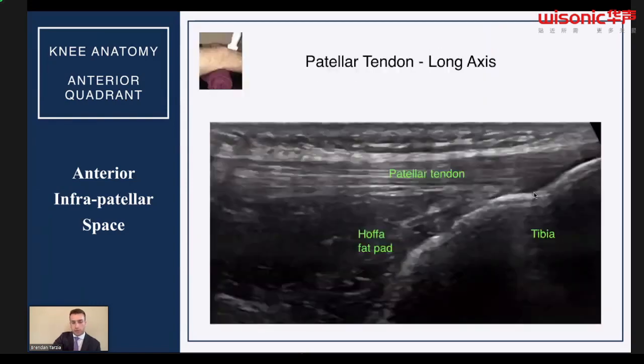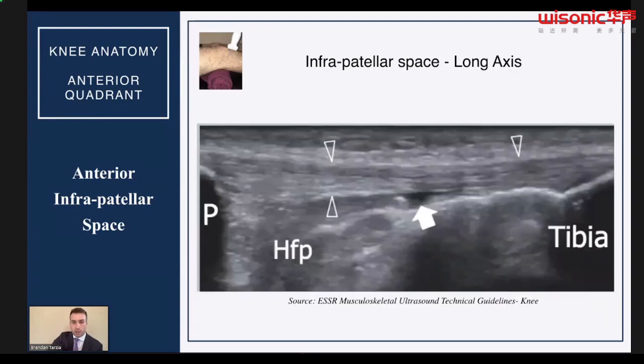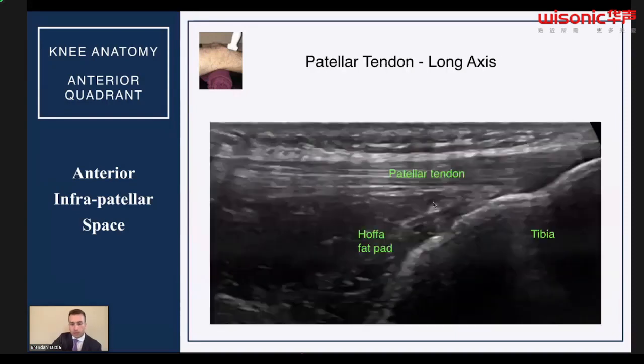So if we look at what it looks like under ultrasound in that view, this is exactly what we're seeing. We're seeing the patellar tendon and its attachment at the tibia. And you can see that Hoffa fat pad or infrapatellar fat pad that's going to be just distal, just deep to the patellar tendon. And so this is another image from ESSR,